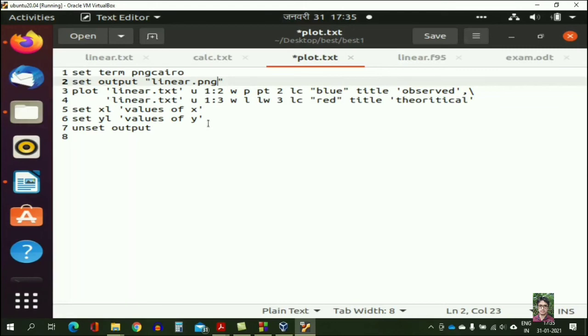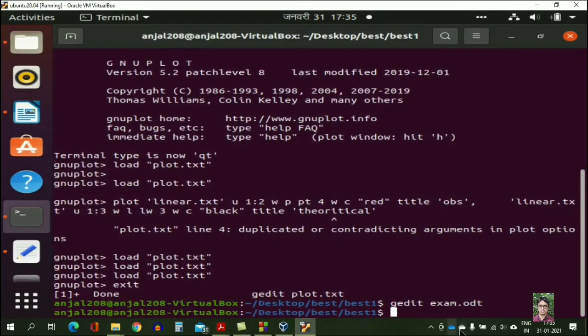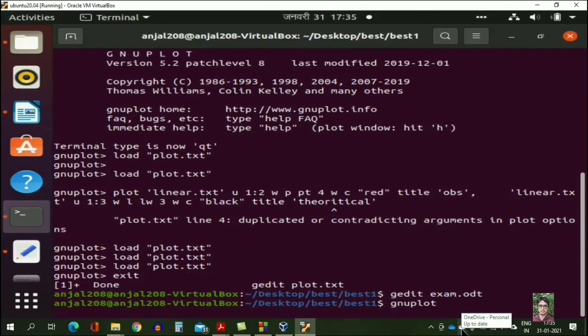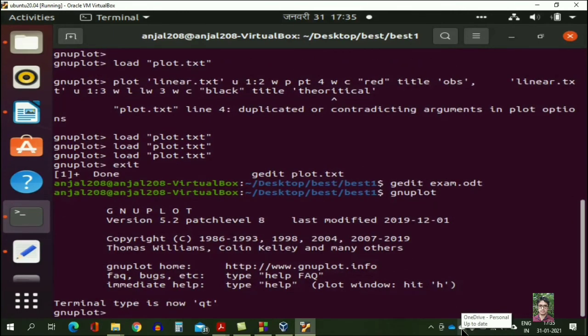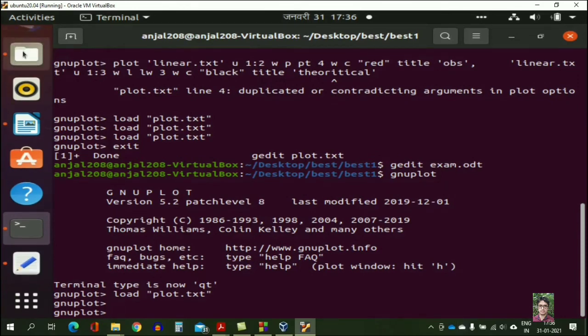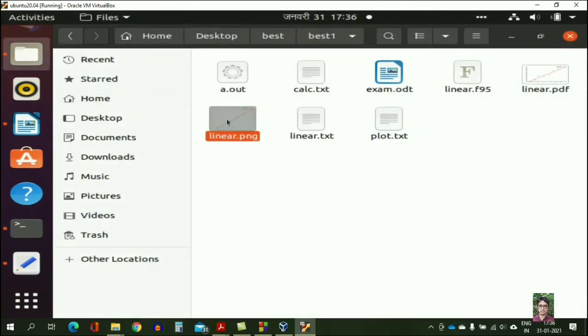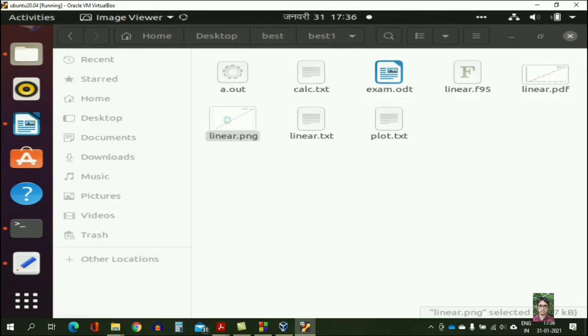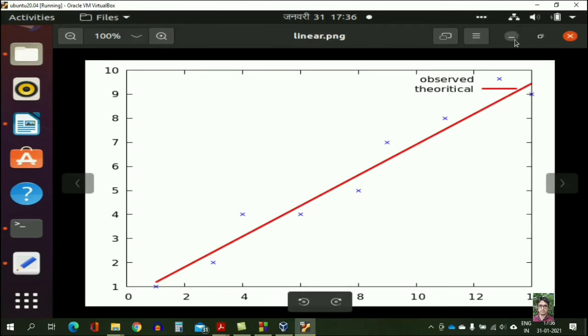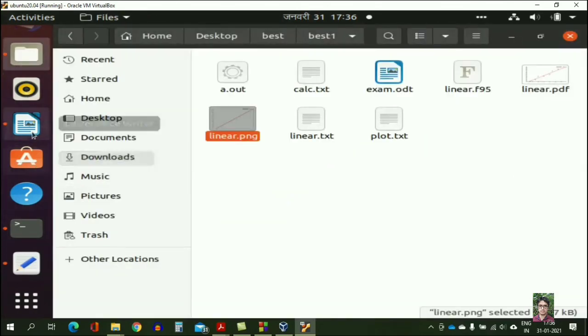PNG. Just save it and load plot.txt. Yeah, we got a nice PNG file,